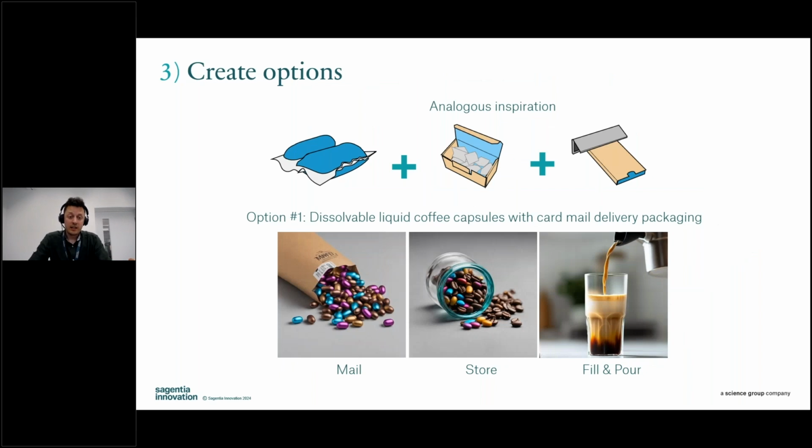So if we like this idea of a dissolvable liquid with a cardboard secondary packaging that's mailed to, we could apply that back to coffee and say, well, what might that look like? You know, this is something that consumers are clearly accepting, and it's doing very well for that industry. Perhaps it would do well for coffee. So we could use, in this instance, a bit of generative AI to very quickly create some really quick images to just depict what a mail order coffee bean might look like, that perhaps you could store in a glass jar and you could fill it up with hot milk, hot water to create this dissolving experience. Doesn't take long at all to do.